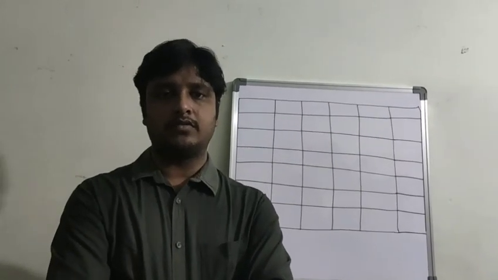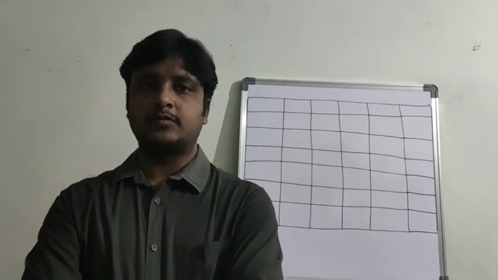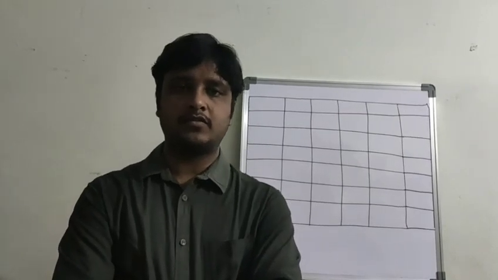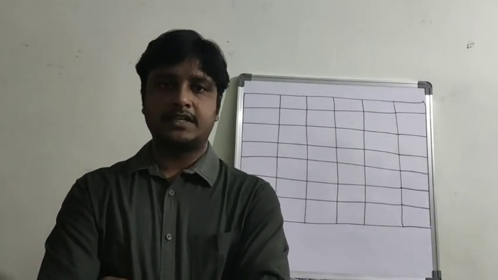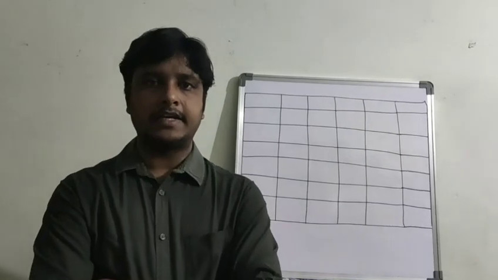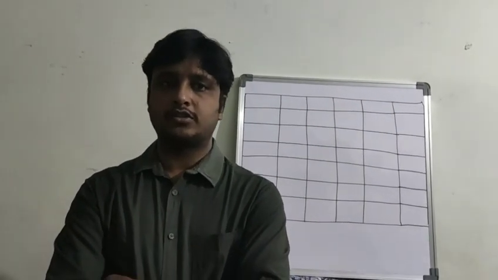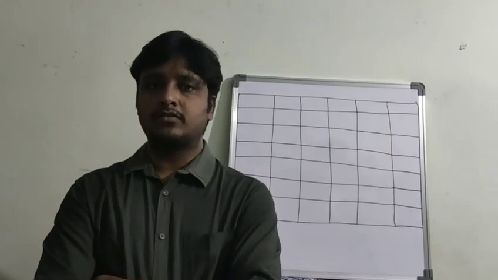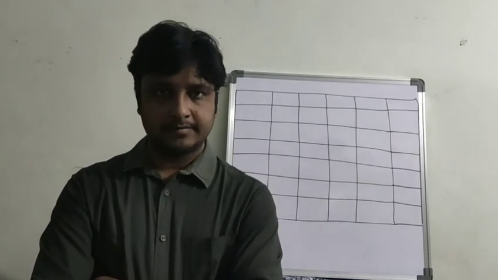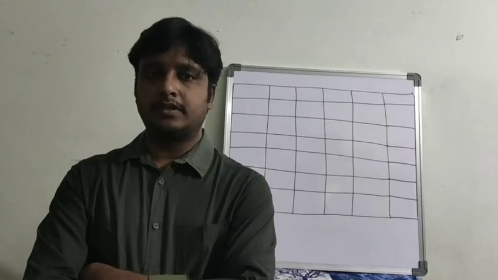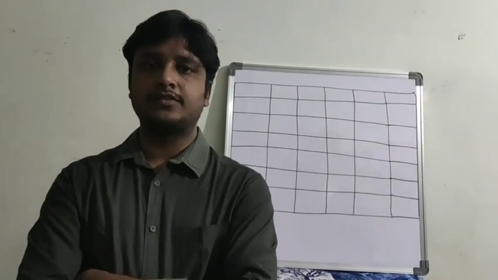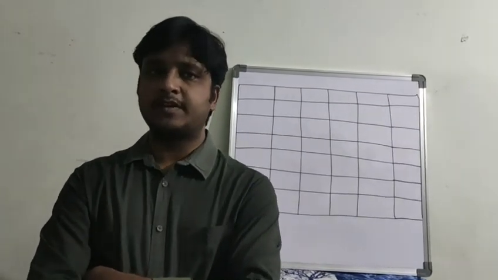Afterwards, the product of a trigonometric ratio and its reciprocal is equal to 1. That means sin theta into cosecant theta is equal to 1, cos theta into secant theta is equal to 1, tan theta into cot theta equal to 1, and also tan theta is equal to sin theta by cos theta, and cot theta equal to cos theta by sin theta. In the second session we discussed some specific angles of trigonometric ratios.